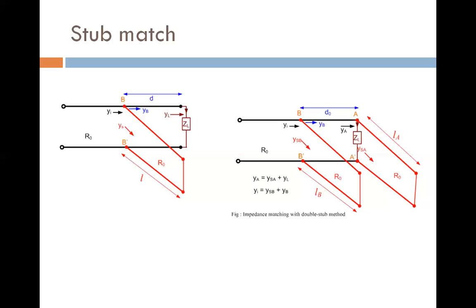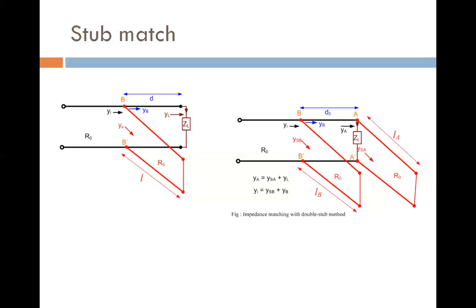Both methods are, I think, very good, but which one is the best? I think double stub is best. But when we see the complexity, double stub is very complex, but in terms of efficiency, double stub is a very efficient method because it totally removes the voltage standing wave ratio.